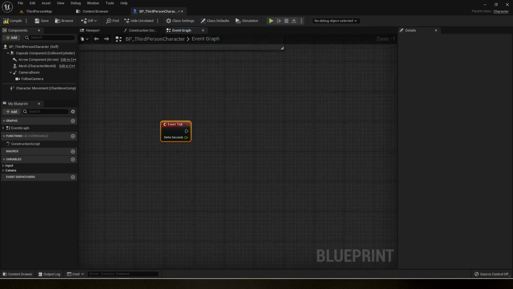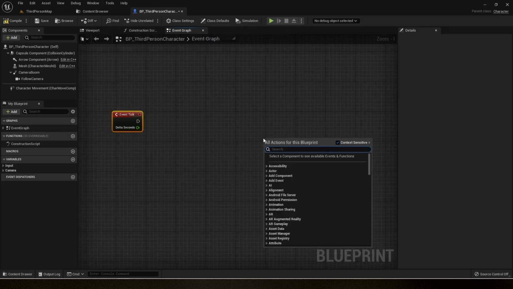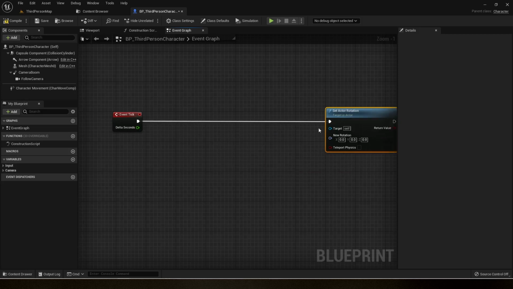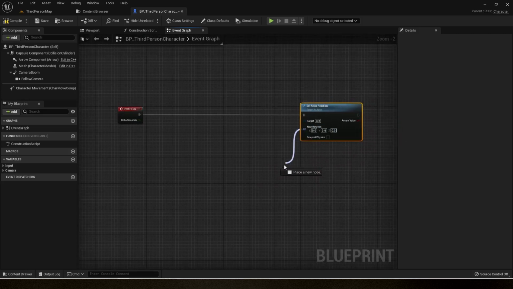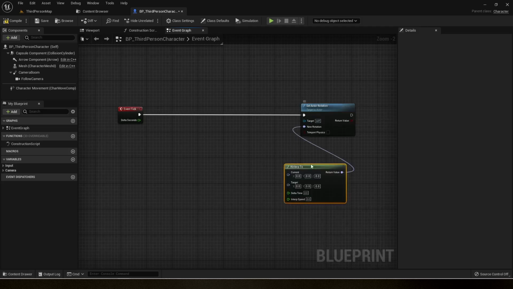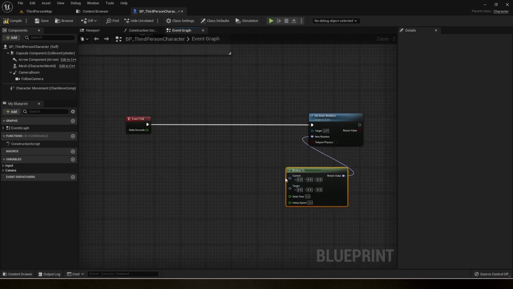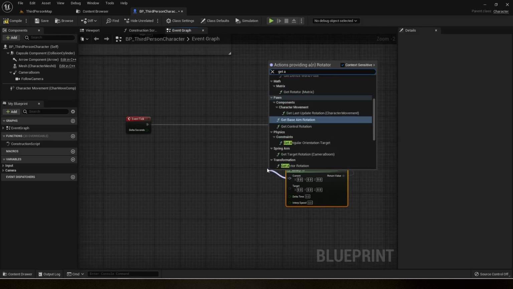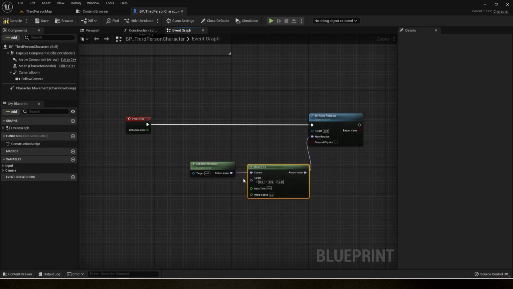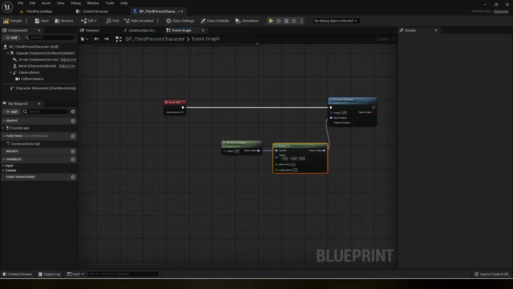I'm going to set my actor rotation, and the rotation will be, I'm going to use RInterp To. The current value will be my get actor rotation, and for the target value,